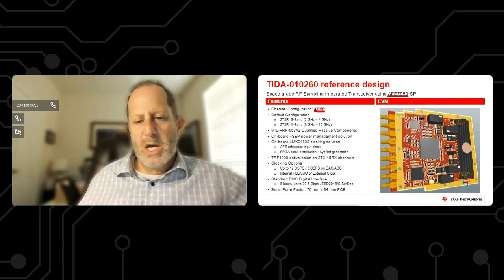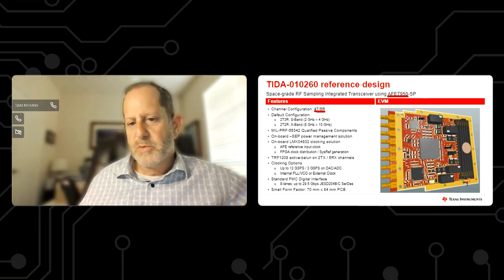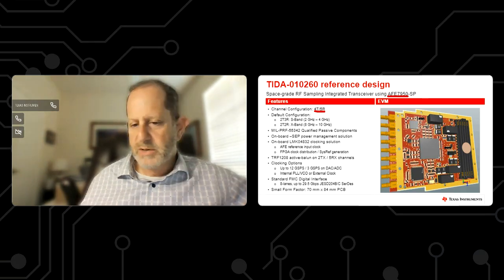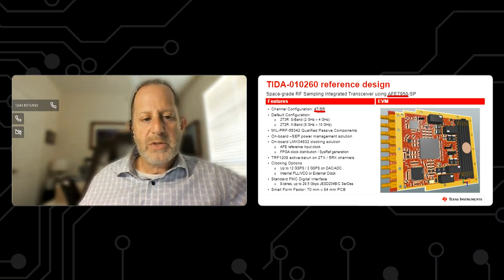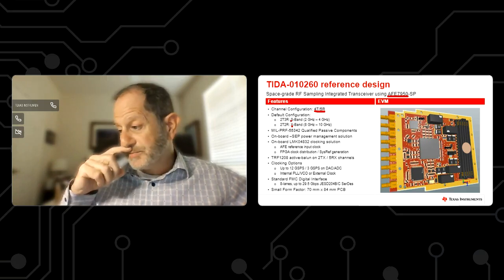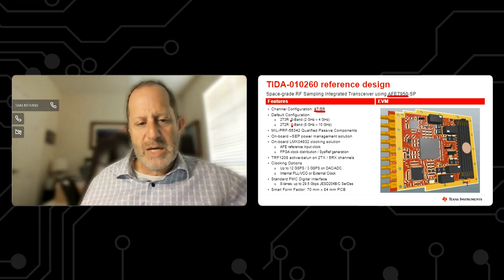It's in a very small form factor. This is a VITA57 form factor. So if you're familiar with that, you'll know how small it is. And we got a lot of stuff crammed in onto a very small space. This particular design is configured where we can use different channels for different purposes. So we can configure a couple of the channels operating in X-band for communication purposes. We can allocate a couple of the channels for S-band. And then we use one channel that's actually operating in L-band for GPS receive applications.